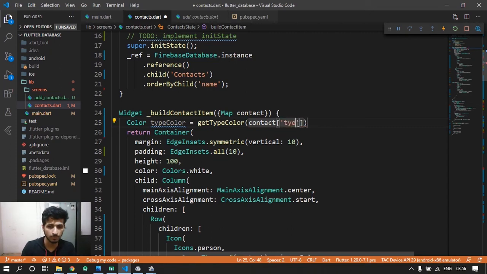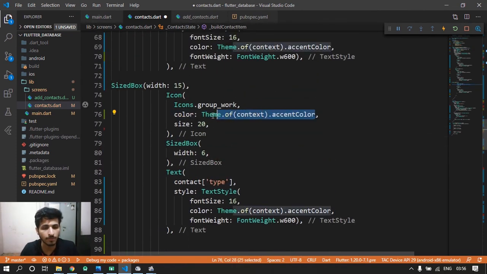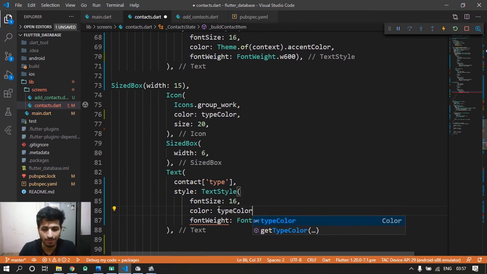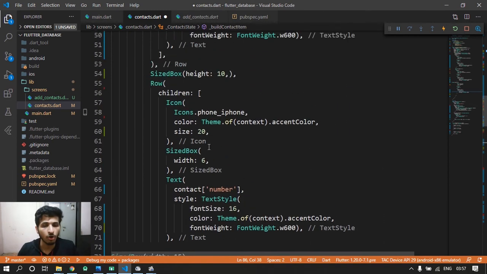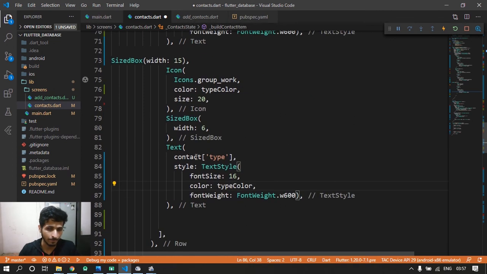Now let's replace the icon's color with our typeColor, and same for the type text. Let's replace this type text color with typeColor. So by this code, our type will change according to the color of our contact type.